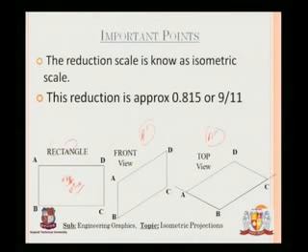Now these dimensions, say AD, BC and AB and CD, these are the four dimensions that can alter. And by what ratio will they alter? They will alter by the ratio of 0.815, or you can say 9 by 11. This is the reduction scale: in the original figure, if any of these is 1 centimeter, then in the isometric scale it will be 0.815 centimeter. This is what isometric scale is.